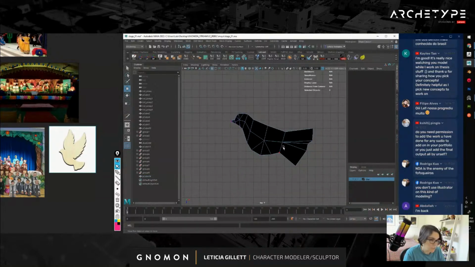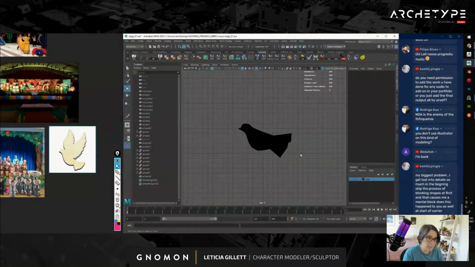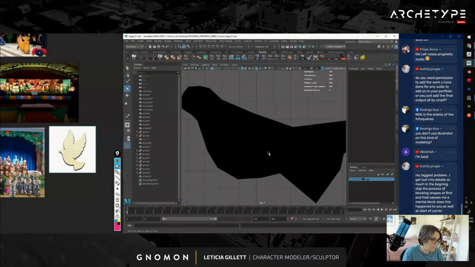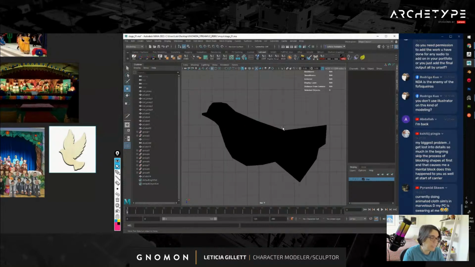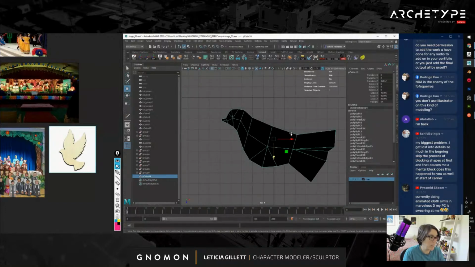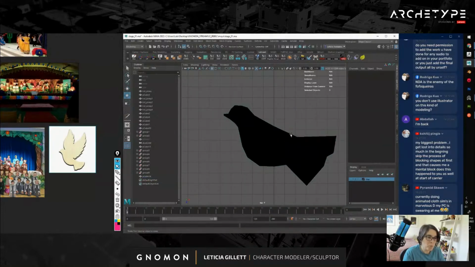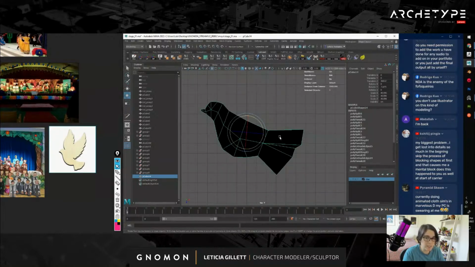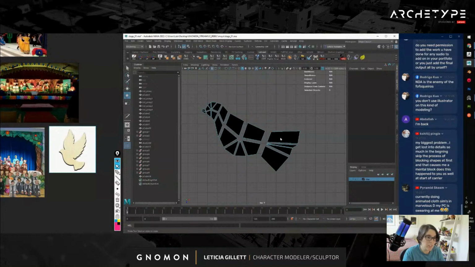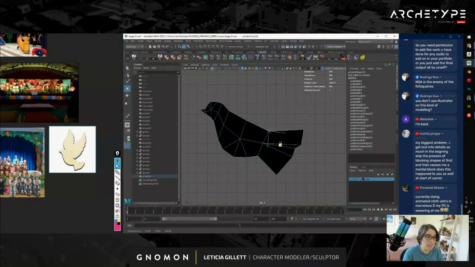All right, so I did this one. My biggest problem, I get lost in detail so much in the beginning, skip the process of blocking shapes at first, and then it causes me mental block. Does this happen to you as well at the start of your career? Yes, I think we all go through that moment where we just want to add details, because this is about anxiety, I feel like, at least for me. It's like I want to see things done, so I start adding details sooner than I should. And then